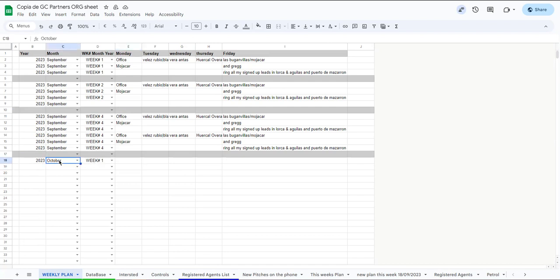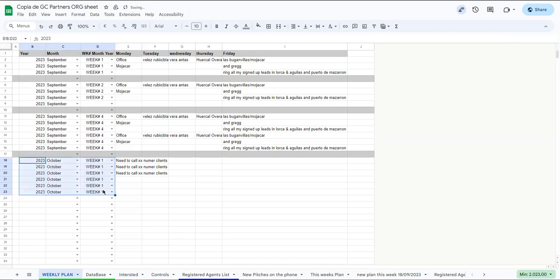For example, if this is the October first week, and you have multiple options, like if you have plans for Monday, and maybe if you have multiple tasks to do on the same day, Monday, you can select all three, drag those down, and press Control D on the keyboard. And then if you have another plan for Tuesday,